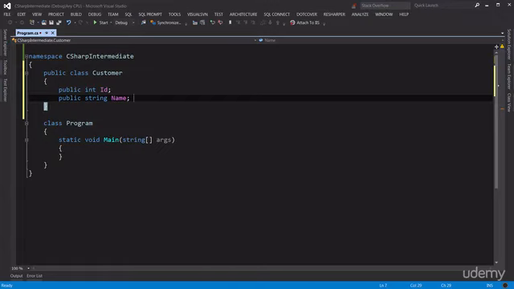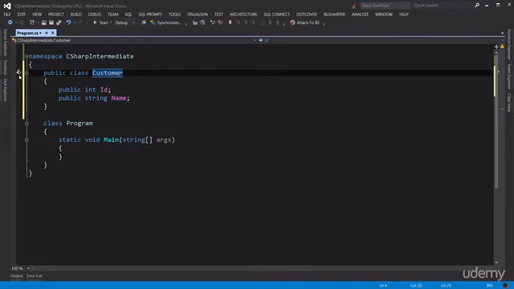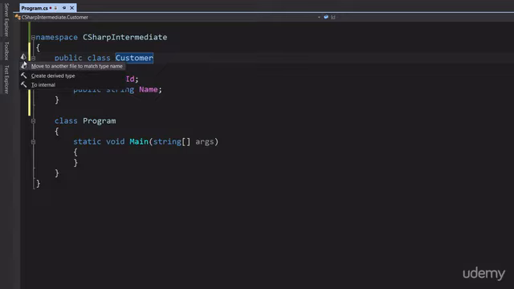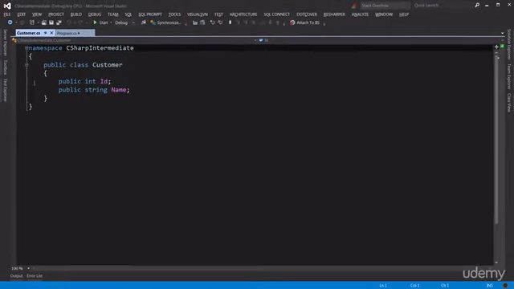Alright, let's put this class in a separate file. So I put the cursor here and note this little icon. That is used for refactoring, which means changing the structure of the code without changing its functionality. Here I press Alt and Enter, and it pops up this context menu. The first item says, move to another file to match type name. So I just press Enter, and note that now we have a separate file called customer.cs, and this file is